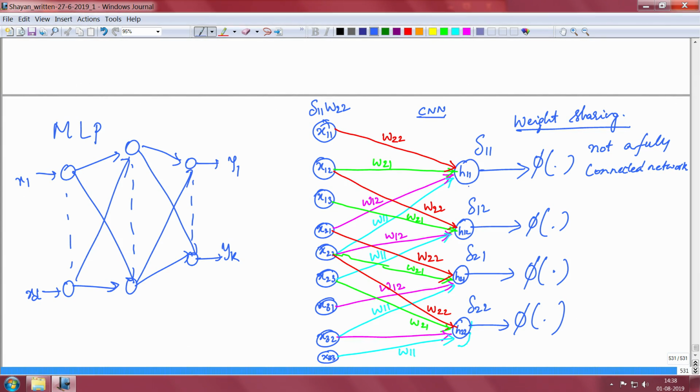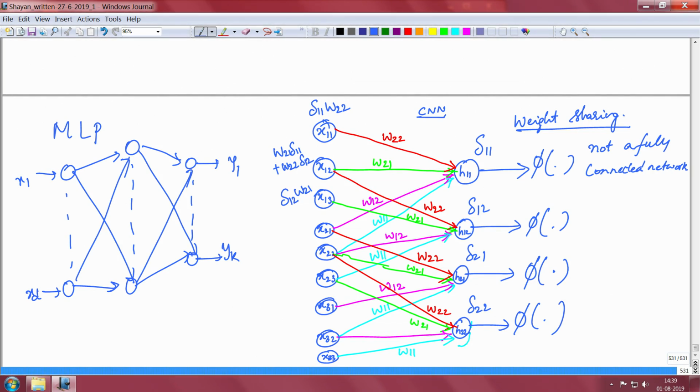Similarly, if I want to calculate the local gradient for the node x12, we have to look at all those connections from the previous layer to the node x12. So, we have connections from h11 and h12. Therefore, we write W21 delta 11 plus W22 delta 12. Similarly, for the node x13, we can write delta 12 W21. Like this, one can compute the local gradients at this layer.